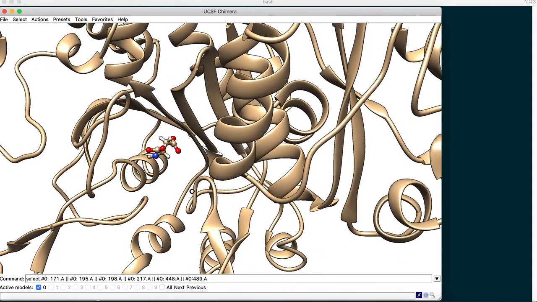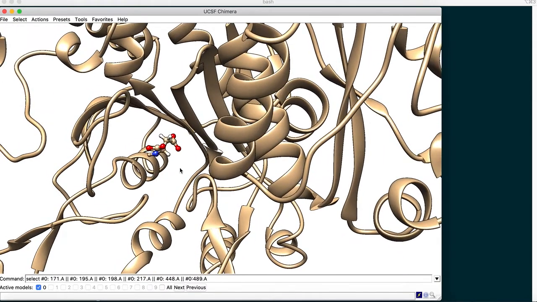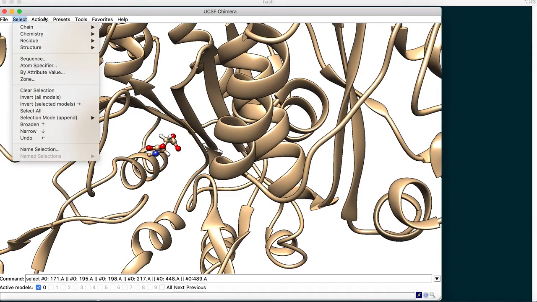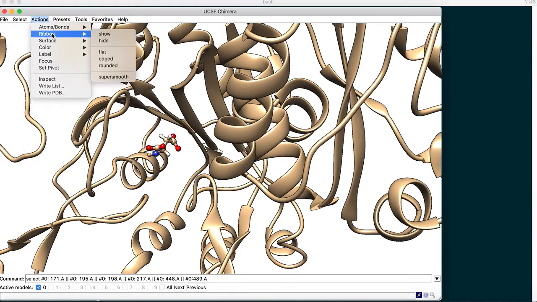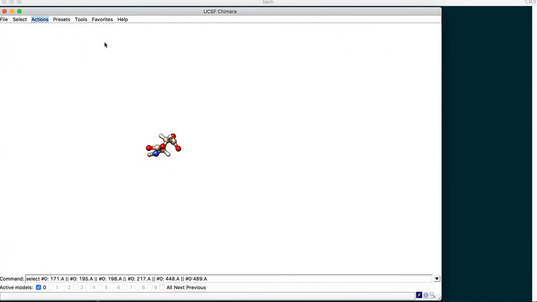So first of all, we need to focus on this ligand again, that's L-aspartic acid first. So in order to do that, we'll again go to actions, sorry, and then go to ribbon and hide the ribbon representation for the receptor. There you go. And then bring this ligand in focus by zooming into it and translating it and rotating it as much as possible according to your suitability. And yeah, once you're satisfied with it, we'll have a look at how to change